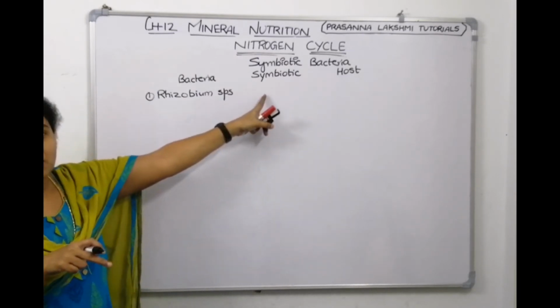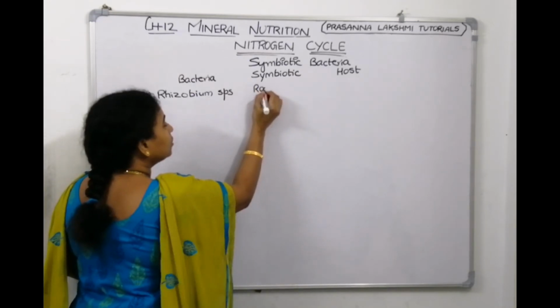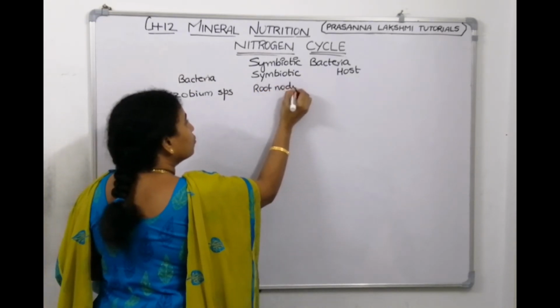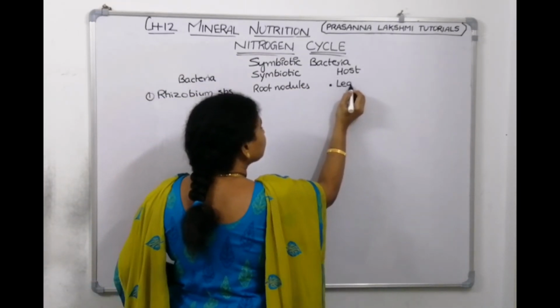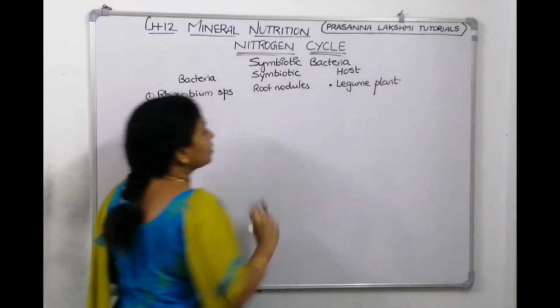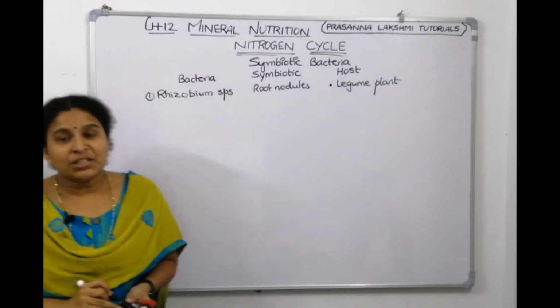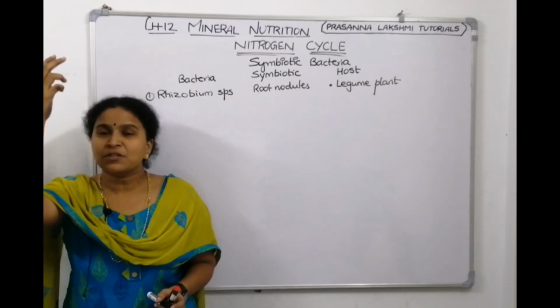So the symbiotic association is with the root of the plant. So let me write down root nodules, right? And who is the host here? The host here is legume plant, right children? Rhizobium can stay inside the roots of the legume plant,